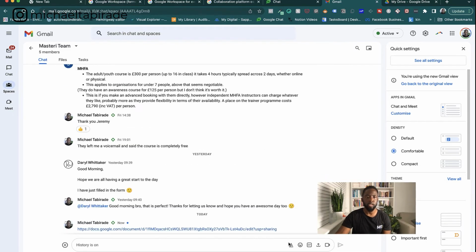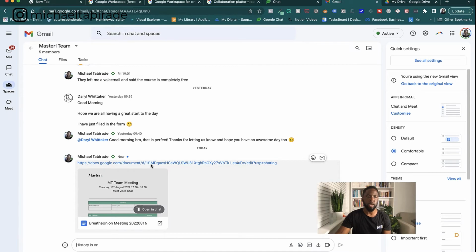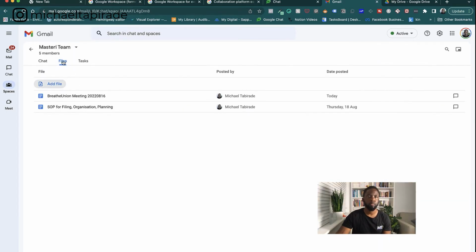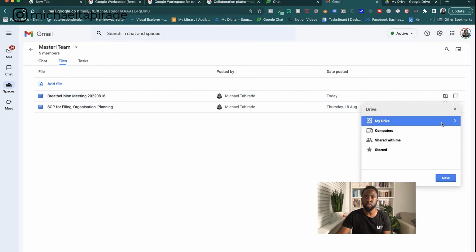And if I just send it, then again, it pops up here. Now, what's interesting about this is that if I go to files, you'll see that it's already popped up here and it was already part of this file here. So again, you can move this file within the space. Okay, so if you want to move this item, again, you can do it all within this space, which is